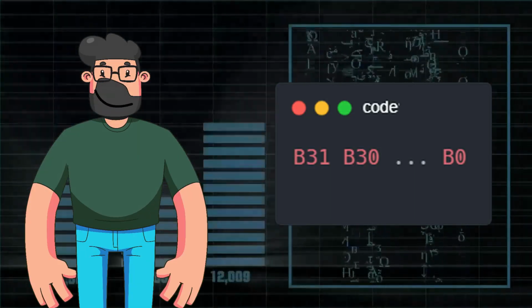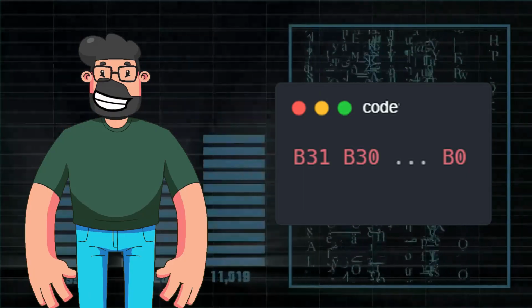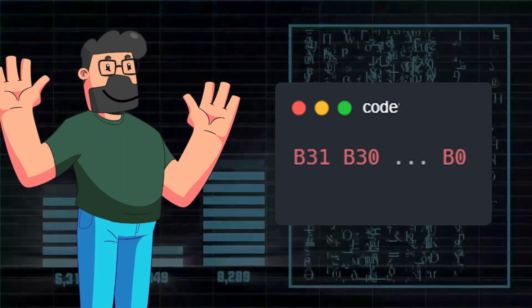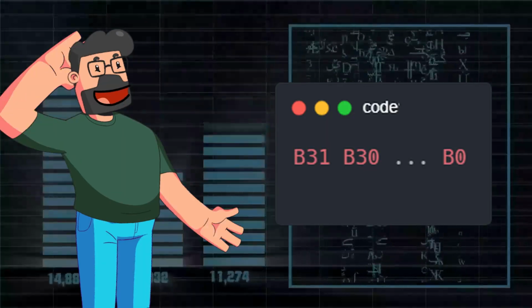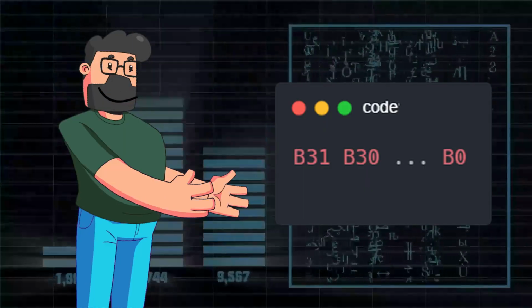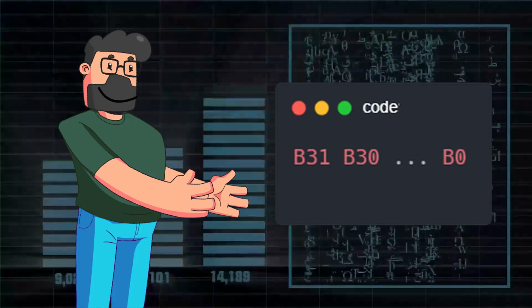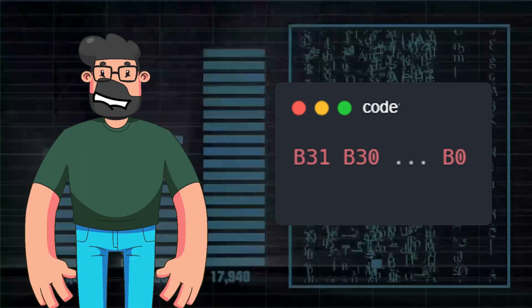Now, let's talk about the solution to the problem we just discussed. When we look at the representation of a number on 32 bits, the bits are arranged from B31 all the way to B0. This setup allows us to represent numbers in a binary format, which is essential for understanding the